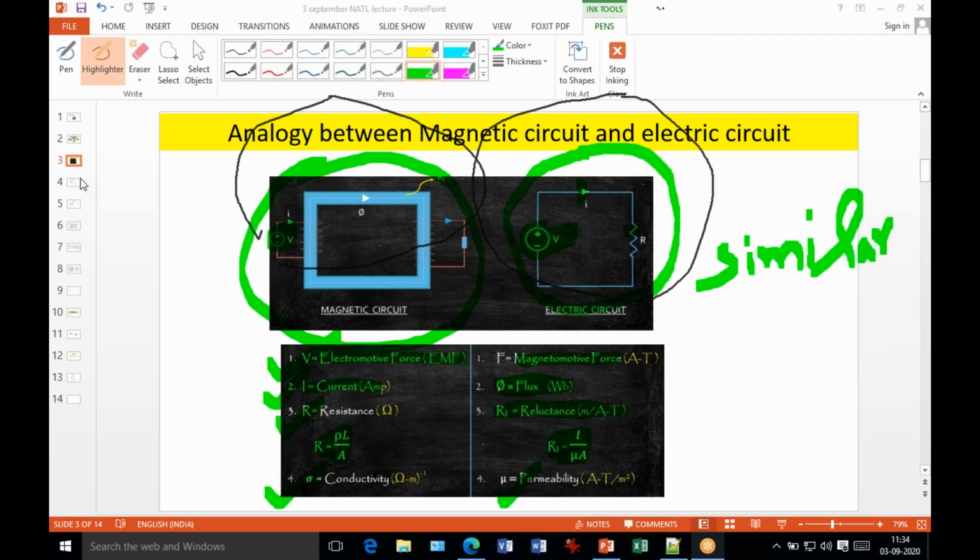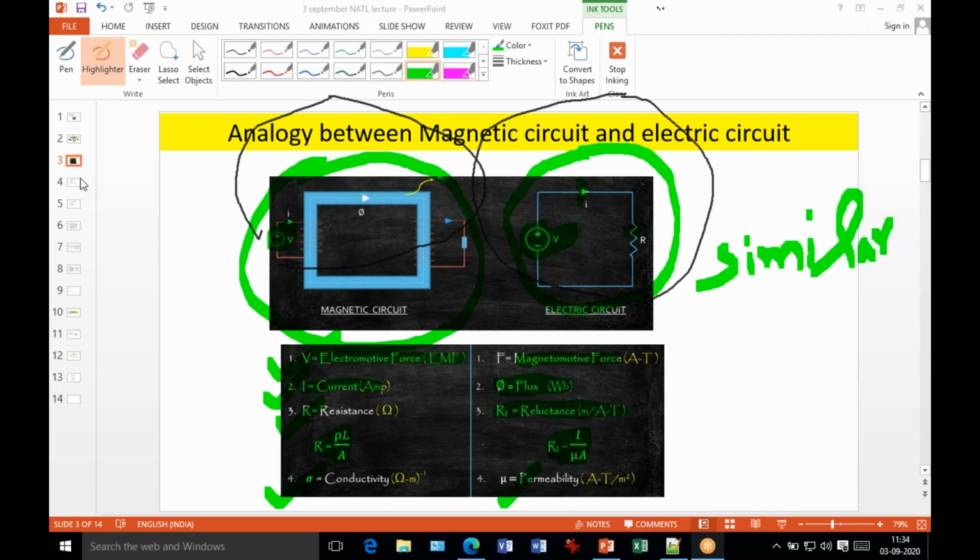So our objective is to understand all these magnetic parameters, and then you should be capable of drawing the magnetic circuits. Suppose I give you an electrical circuit, then you should be capable of converting the electrical circuit into a magnetic circuit based on the new parameters. So that's why our agenda for today's lecture is the discussion of the parameters. What are the parameters involved in magnetic circuits?